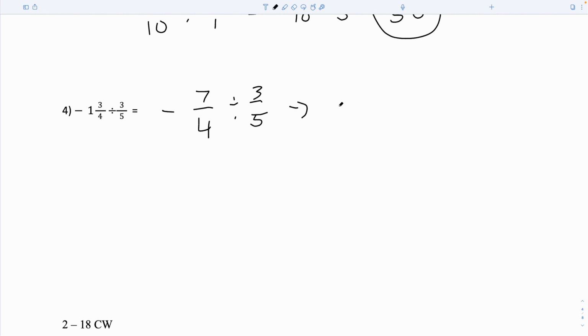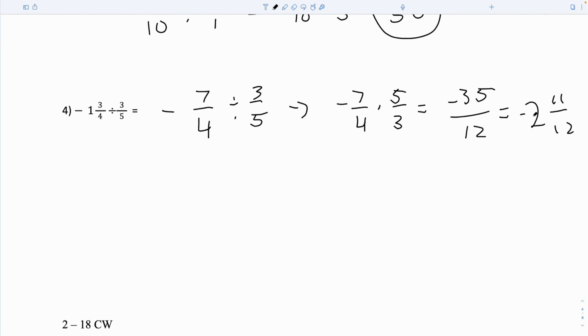Let's check. Keep, flip, change. Negative 7 over 4 times 5 over 3 would be negative 35 over 12, which is 2 and 11/12. Make sure it's negative. Max, did you catch your blender? Did you get 2 and 11/12? Okay. Write that down. Make sure you have it. And you have